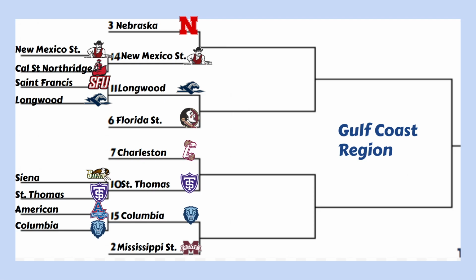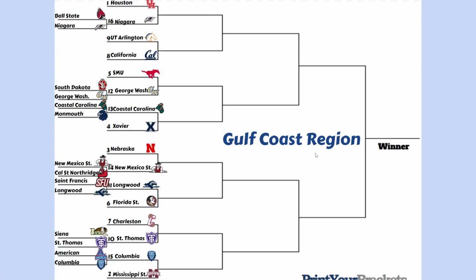And it will be Columbia moving on to face up against Mississippi State in the next round. So here is a look at the next round. All 16 teams are determined, and we'll start from the top again, working our way down for each of these